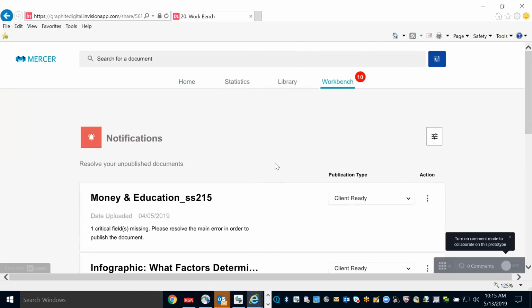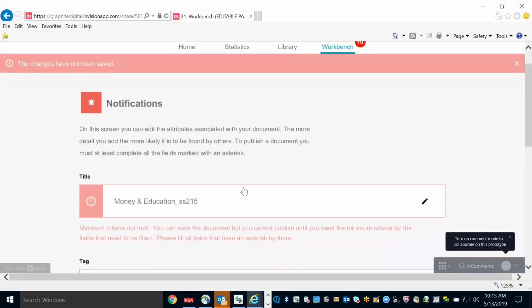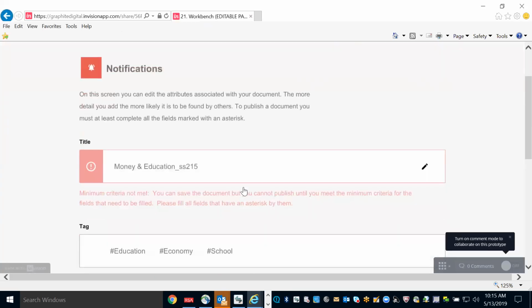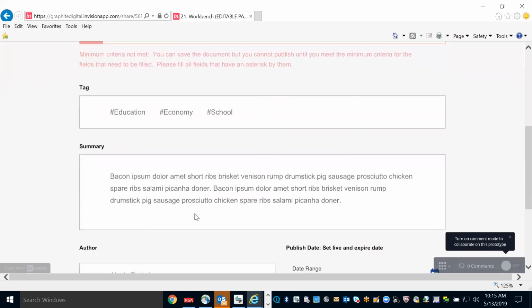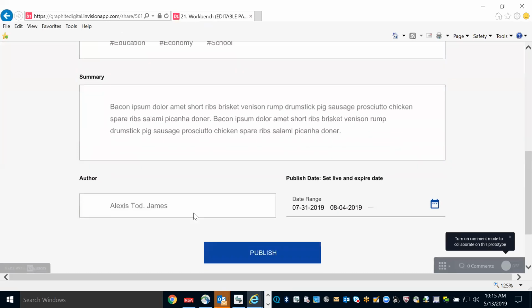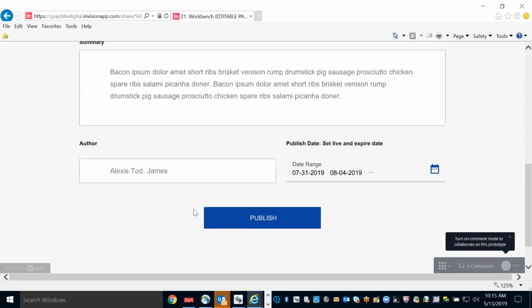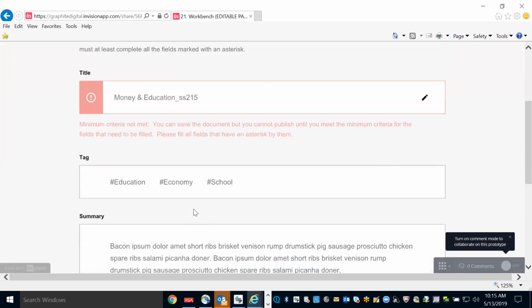So when you click in there, imagine it's in your workbench and it has an error. If you click into it, back to that page that you were on, what are your thoughts about having all of this content, the title, the tags, the summary, being brought in automatically? Is that helpful to you or not helpful? Do you find that it would make uploading documents more efficient or not more efficient? I think it would make it more efficient, and I would want the capability to edit it.